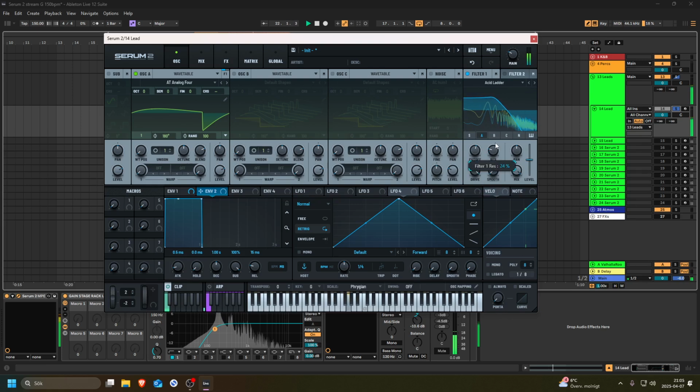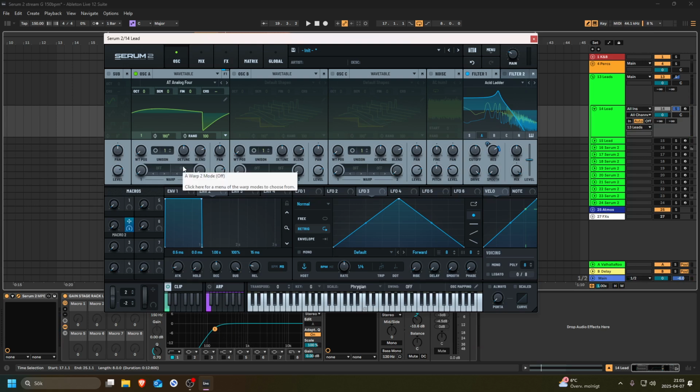I'm going to increase the resonance to around 70%, and then I'm going to use macro 2 to a maximum value of 85 over here. So we're already getting that type of acid sound to it, but there are some more stuff that we need to do. So first of all, I'm going to rename that to Reso,